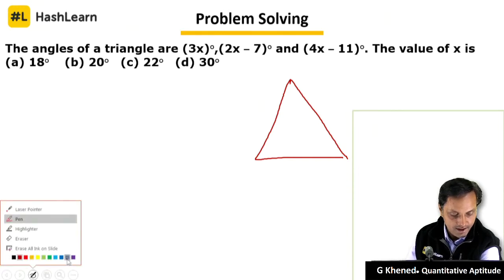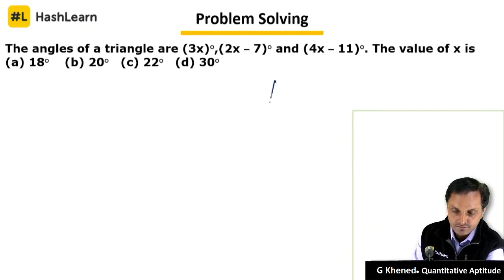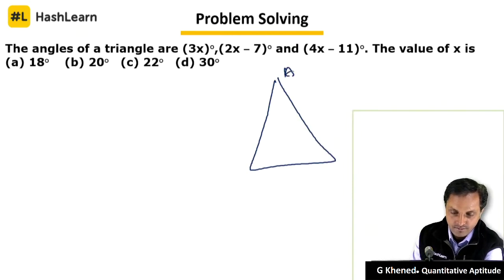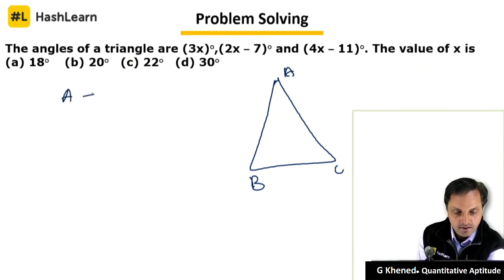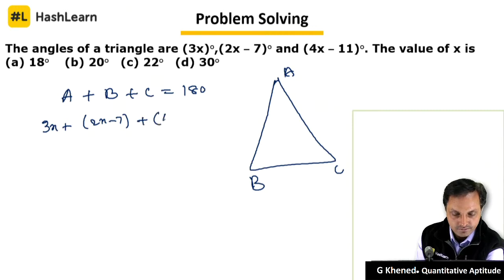There are 3 angles. So you know the basic rule, if you add them, they should give you 180 degrees. 3x, 2x minus 7, 4x minus 11,